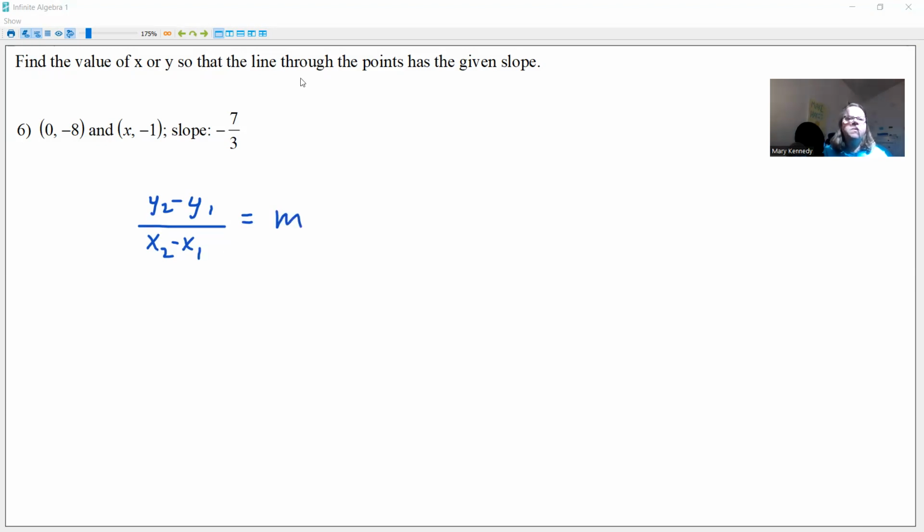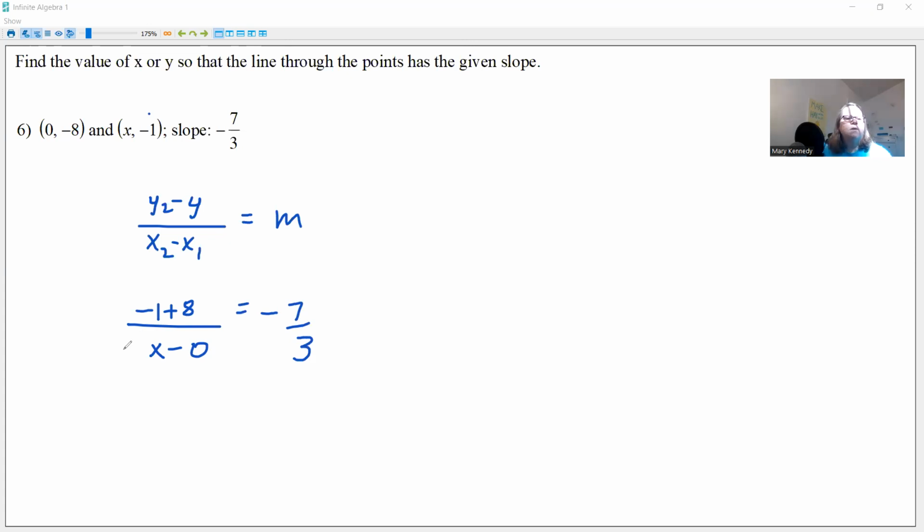Now, on this, we know the slope is -7/3. And we know our second y is -1. And our first y is -8. So -1 minus -8. So I'm going to go ahead and put +8. Over our second x is x minus our first x is 0. Okay. So all of that needs to equal -7/3. So I'm going to actually put this as -7/3. I'm going to write it just so it looks a little more